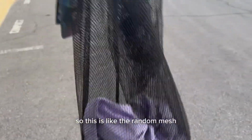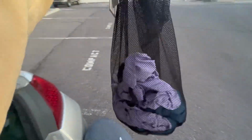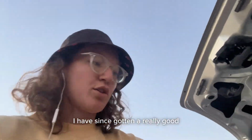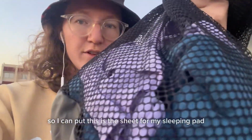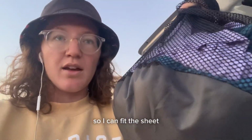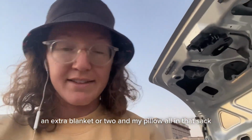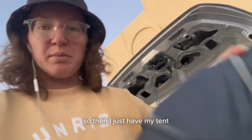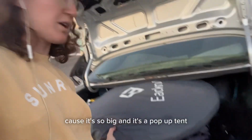So this is the random mesh bag that my sleeping bag came in. I have since gotten a really good compression sack for my sleeping bag, so I can put the sheet for my sleeping pad, the sleeping bag, an extra blanket or two, and my pillow all in that sack. So then I just have my tent out on its own because it's so big and it's a pop-up tent,